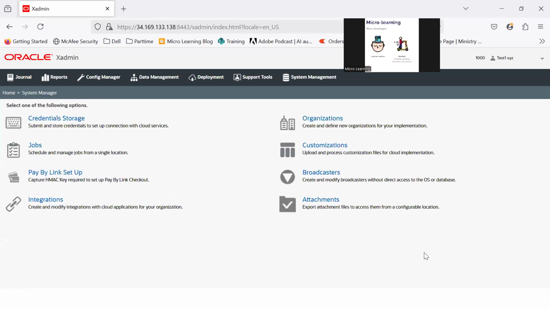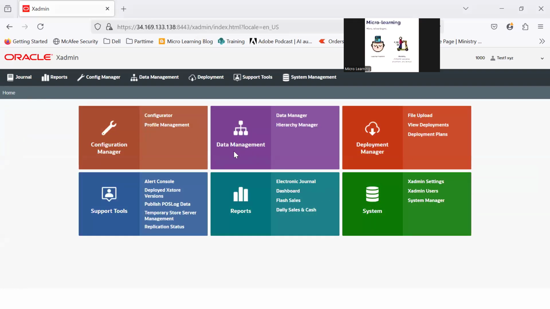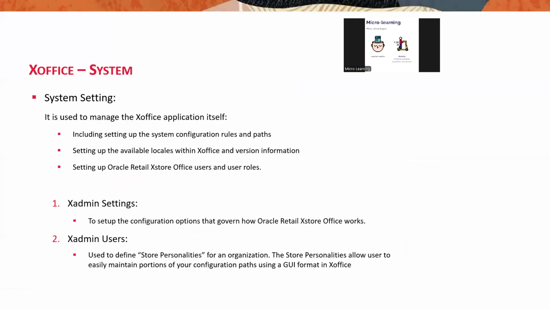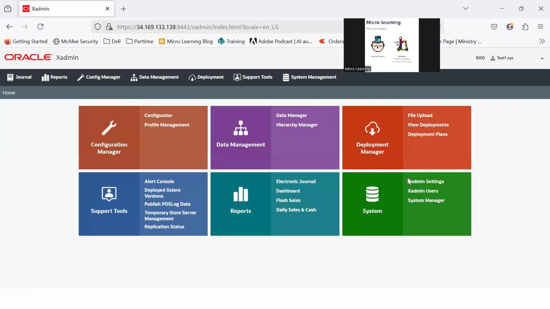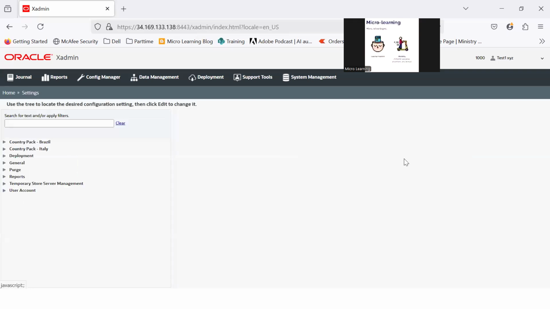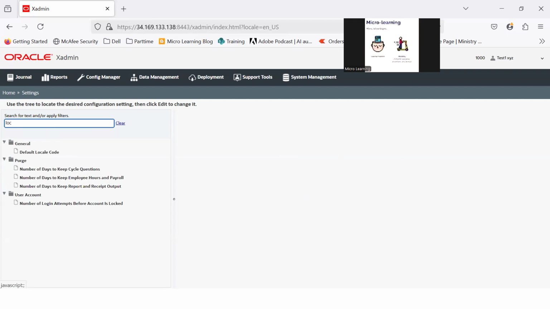The system manager you have seen, right? So how all these things will be looking in the system. So these three parts were there. Available locally. So in the available locally,